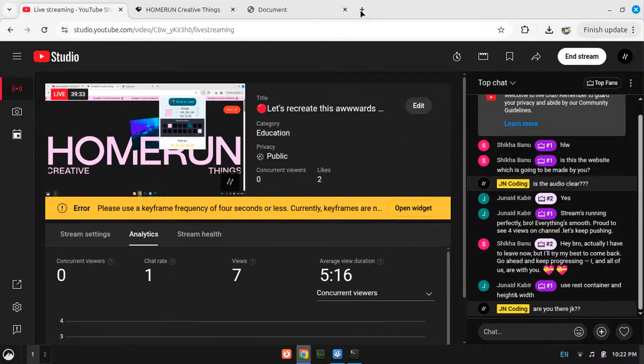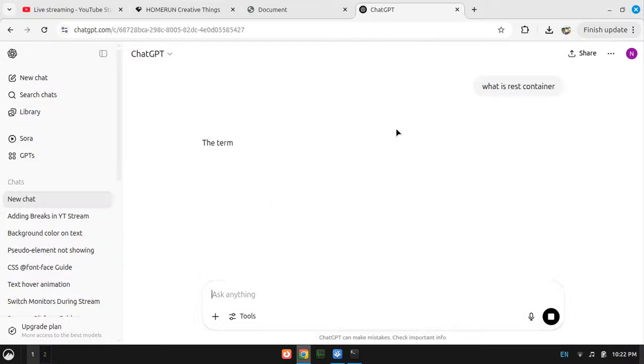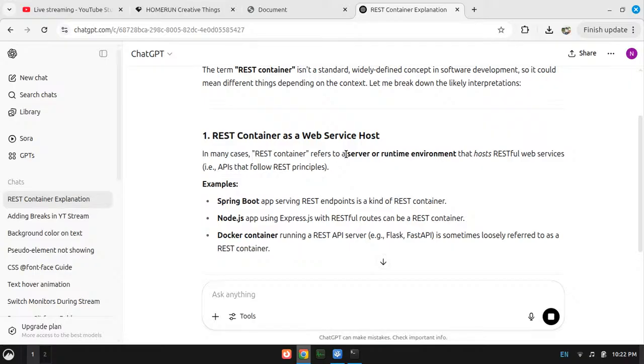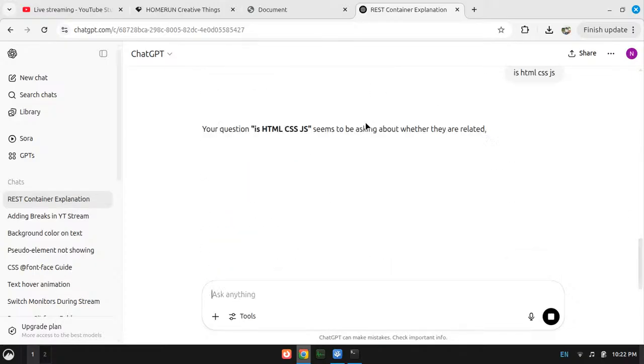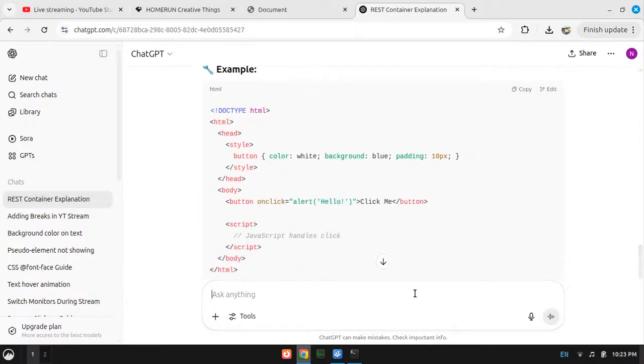Rest container, I have to actually Google the concept to see if that can fix it. What is rest container? What the hell is that? Nah man. In HTML, CSS, JS, what is rest container? Tell me. Rest container in CSS.